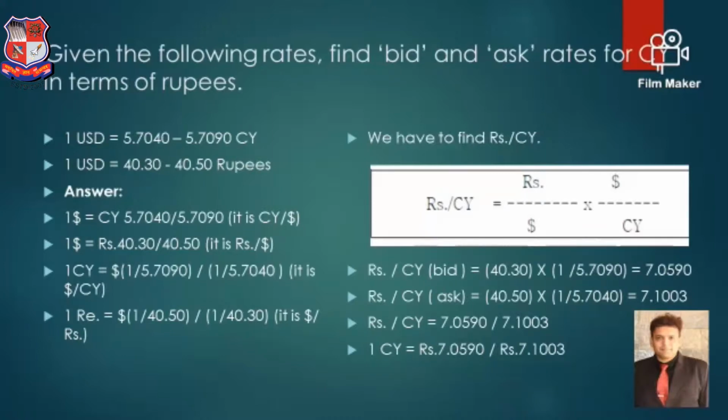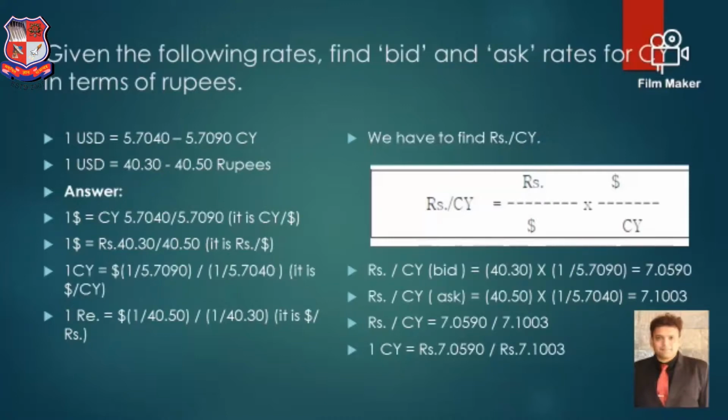On the right hand side, as you can see, I have mentioned the formula. Our job is to find rupees per Chinese yuan. We need to write the quote as rupees per dollar, so we will put it as it is. The second rate is rupees per dollar, which is given. The only thing is we will reverse the rate given first, Chinese yuan to dollar. We consider it as dollar to Chinese yuan, and then the dollar will be gone. Whatever we want, which is rupees to Chinese yuan, we can receive.